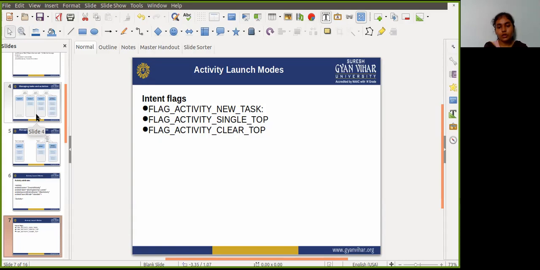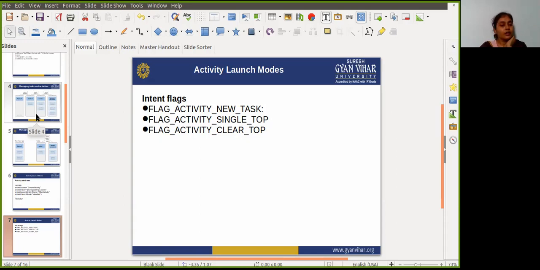When used in conjunction with FLAG_ACTIVITY_NEW_TASK, this flag locates any existing instance of the activity in any task and brings it to the foreground.